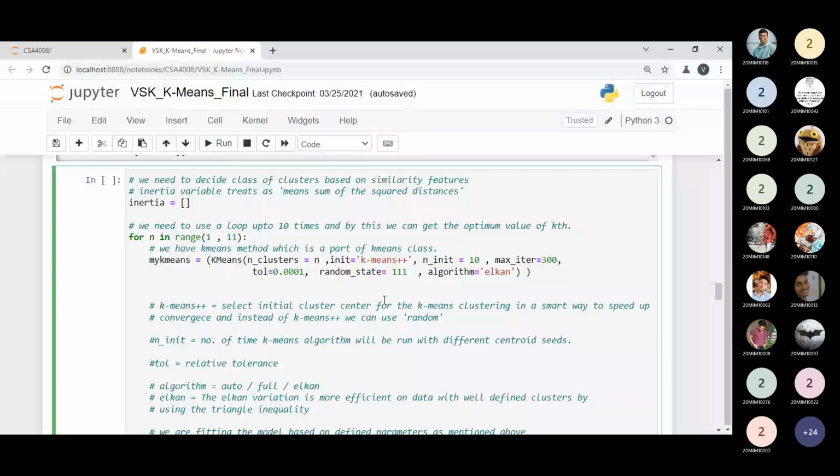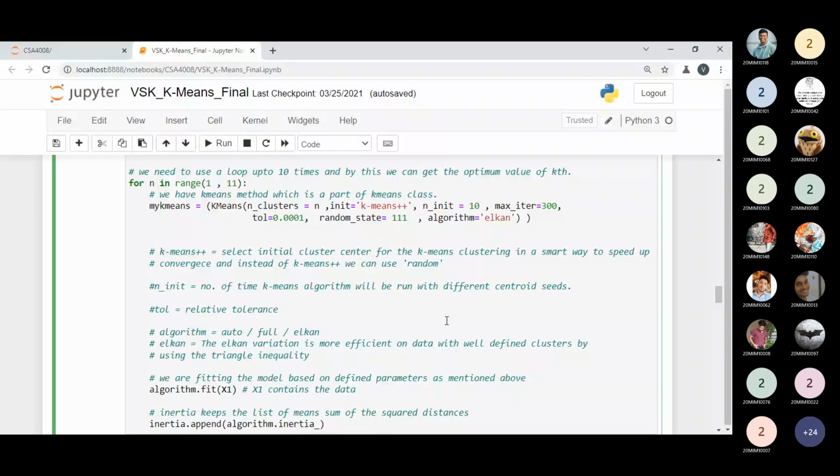I have taken that. But next is an important parameter, that is our algorithm, elkan. Instead of the elkan keyword, you can use auto, full, or elkan. So you can use only three different algorithm kinds: auto, full, and elkan. If I choose auto or full, there will be no issue with the efficiency on the data.